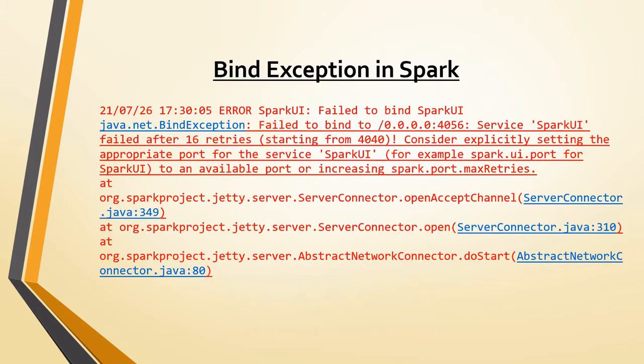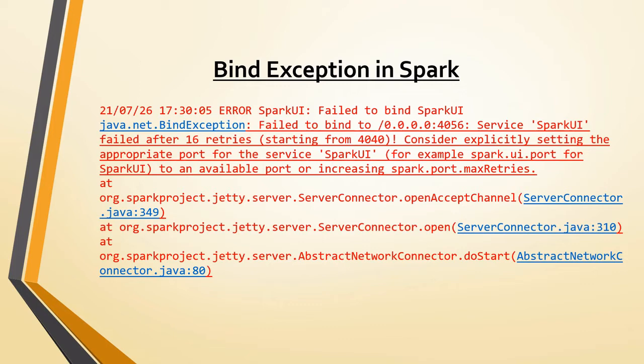So friends, while working on Spark projects, you might have encountered this exception, like Spark UI failed to bind. These kinds of port related exceptions you might have encountered. Usually when a Spark job starts, every Spark context launches a web UI. Using that web UI you will get to know information about the Spark job, like how many worker nodes, how many tasks, and also the name, start time, end time, everything you will get to know from the web UI.